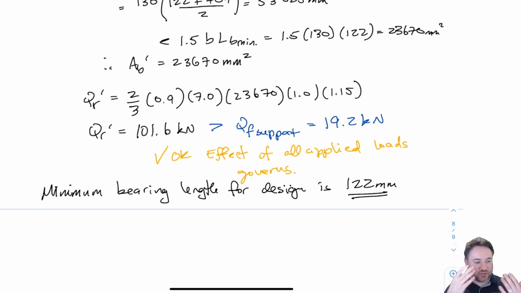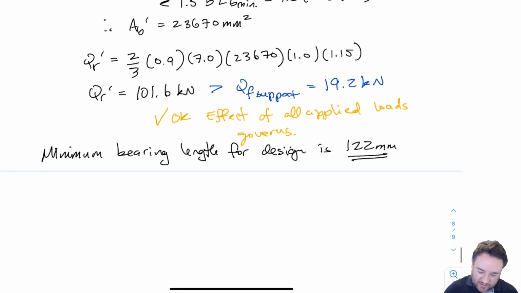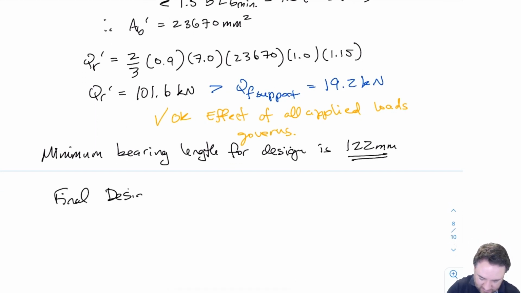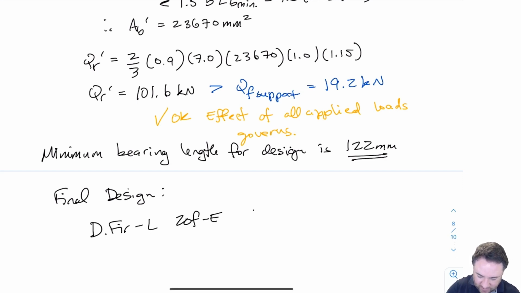So we just have to make sure that whatever bearing we design has a length of at least 122 millimeters, as long as the full bottom surface width of the member is in that bearing length. Okay, so that's it. So now we've totally done our design. Our final design, and we should state this, is a Douglas fir larch 20F-E 130 by 646 beam